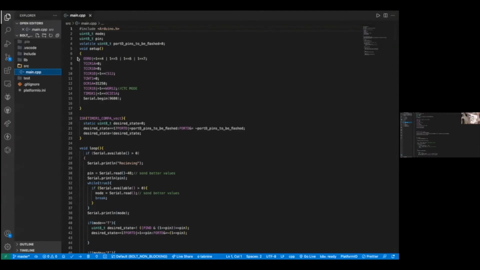I'll show the web interface also in a minute, but first let's see the Arduino code.